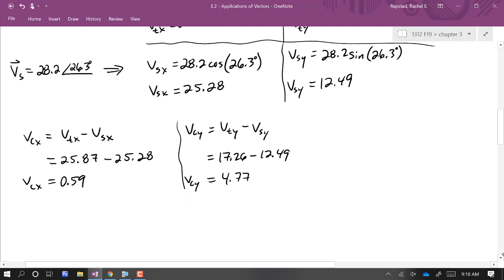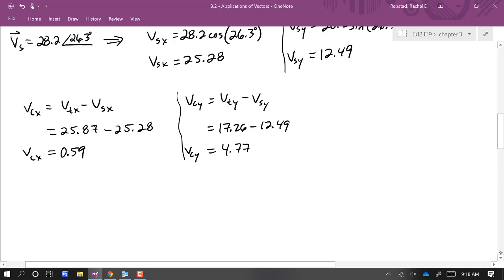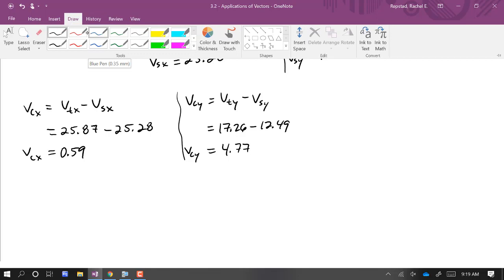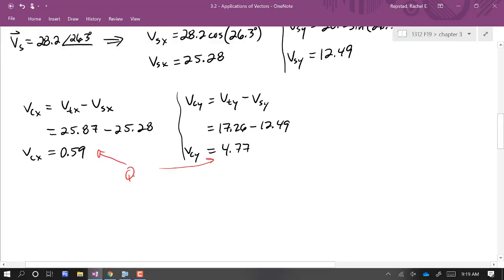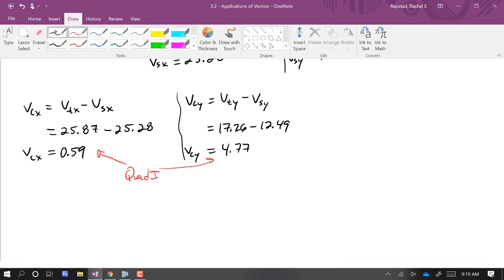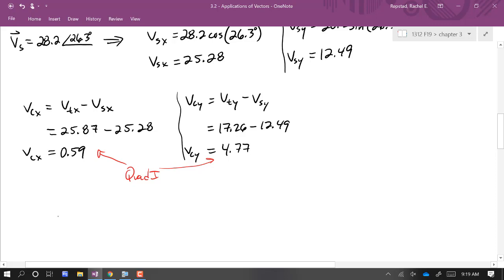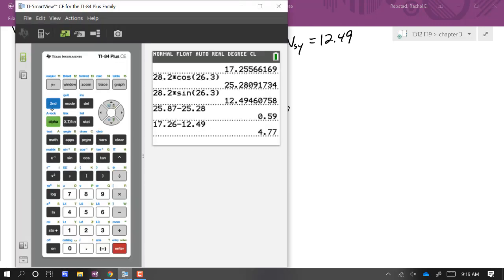Now we have our components, and once we have our components, we're ready to get magnitude by using Pythagoras and the direction by using arctan. Notice both these components are positive here, so this is quadrant 1, which means the vector we want is the reference angle. We won't need to make any adjustments to that. So for magnitude, square root of 0.59 squared plus 4.77 squared gives 4.81,